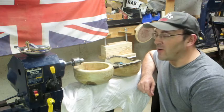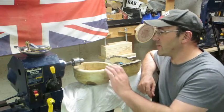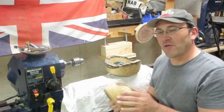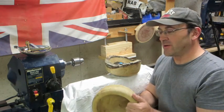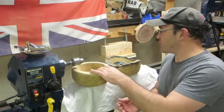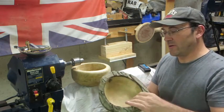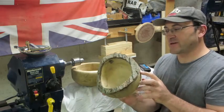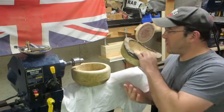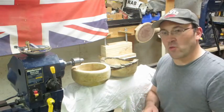Okay, so quick update on the two bowls that I rough turned just over a month ago. They've been stored in a bag of shavings on the floor in my basement where it's fairly cool, and neither of the bowls have split. The bark hasn't shifted. They've barely warped at all, and there's no cracks. No cracks, no warps, nothing to speak of anyway. I'm sure that when I put it on the lathe and screw it up that I'll notice there's some warpage,